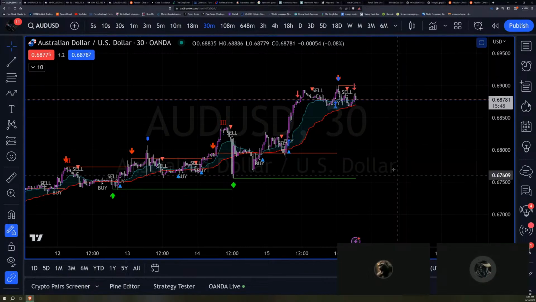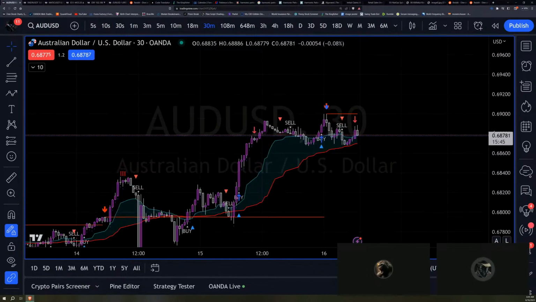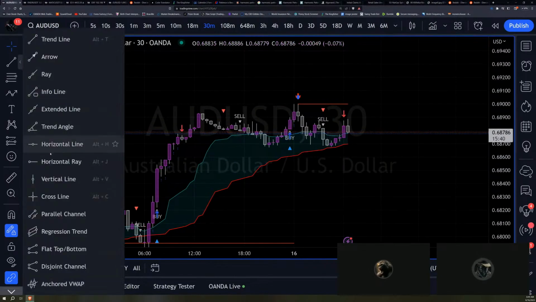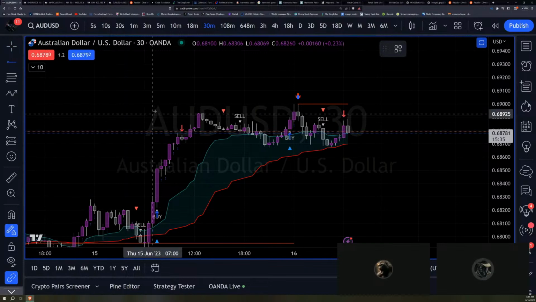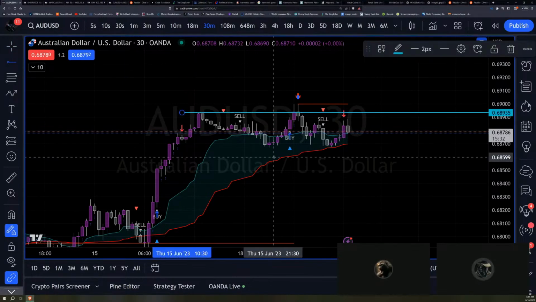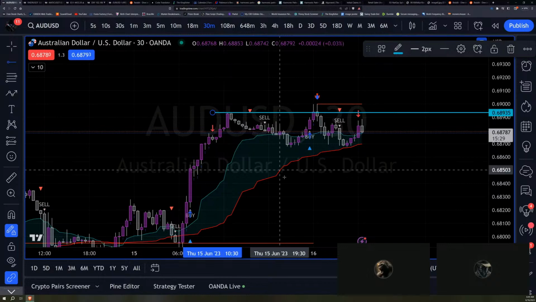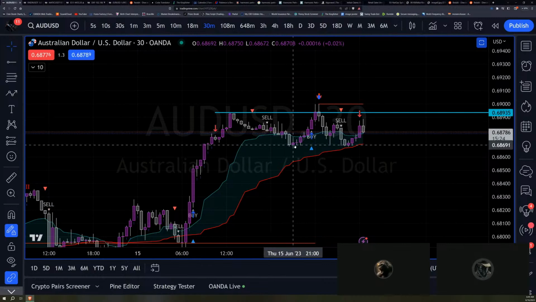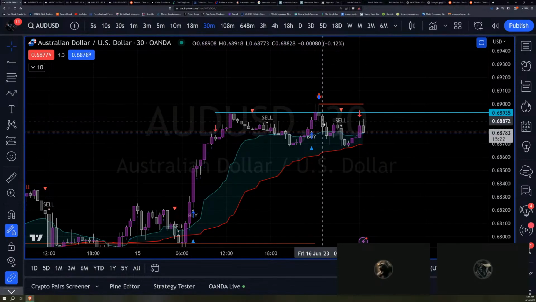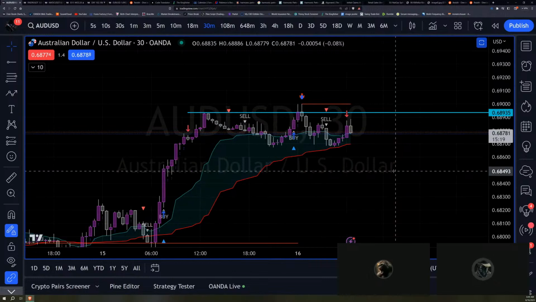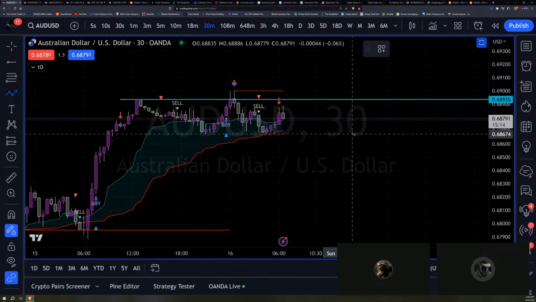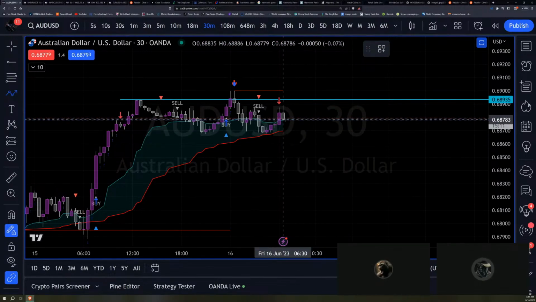But eventually what's probably going to happen is, if you look, and this is the AUD USD, but a lot of USD pairs are following this, price is probably going to try to break above its recent high, because it already has. It's already tried. It was unsuccessful. So this was the high. This is where price rejected. And when it did that, it went down. It tried to break above again last night, and it failed. And now it seems to be kind of failing. So until price breaks above this 689 area, I probably won't be interested in taking longs.